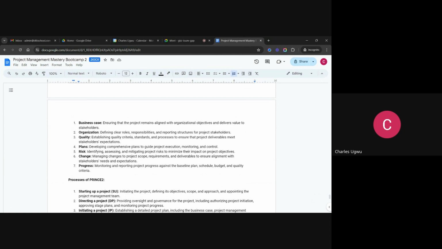All they need to do is capture requirements into the product backlog, and from the product backlog they start refining it. But in PRINCE2 you must have a project plan, for which we use a Gantt chart and all these